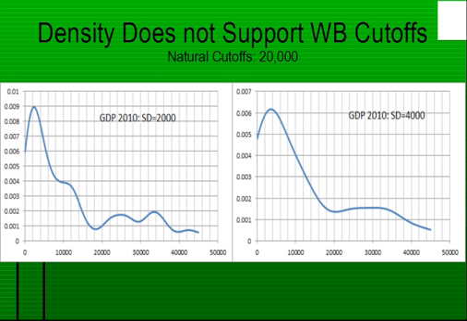If you go to 4,000, again the bottom is around 20,000 and the curve is a lot smoother and does seem to have two parts. This time this is more or less a unimodal density. Actually there is a small mode at 30,000, so you could call this bimodal if you wanted to. Otherwise you could say this is a unimodal density which is right skewed, and there is a long tail on the right hand side. The main point here is that the density function does not support the World Bank cutoffs,